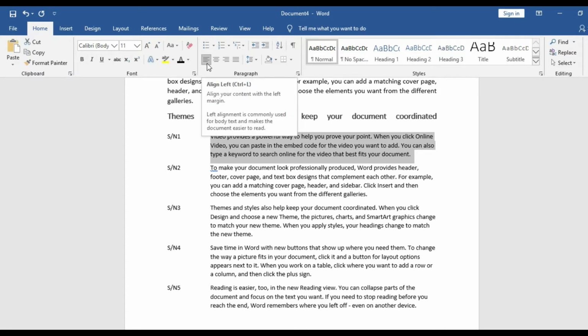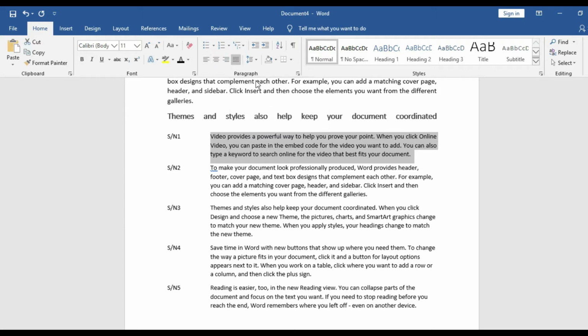Now this stands for left indent. This is for the middle, or you call it the center. Then this is for the right alignment. So you have your left alignment, your center alignment, your right alignment, and this is for justify. So that's to make your margins even, your text even. So just click on it. As you can see,